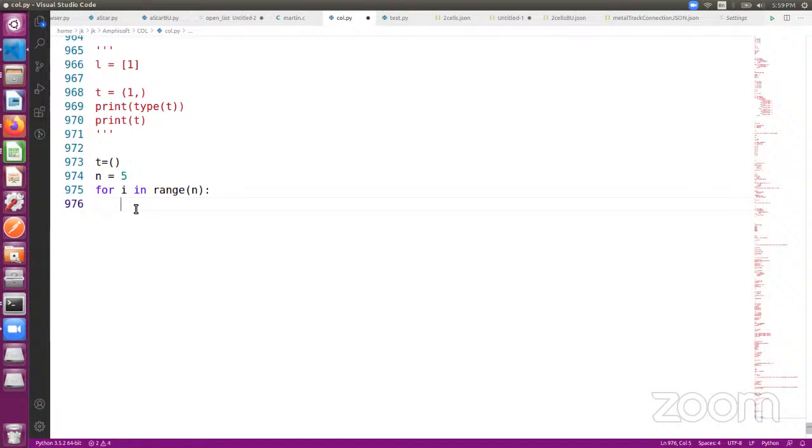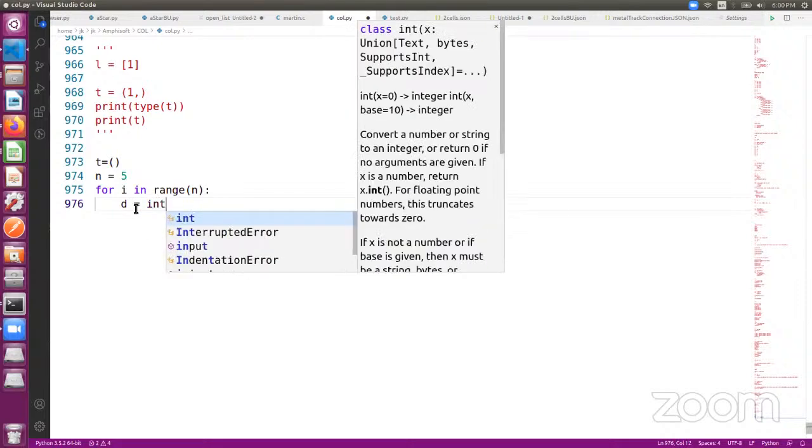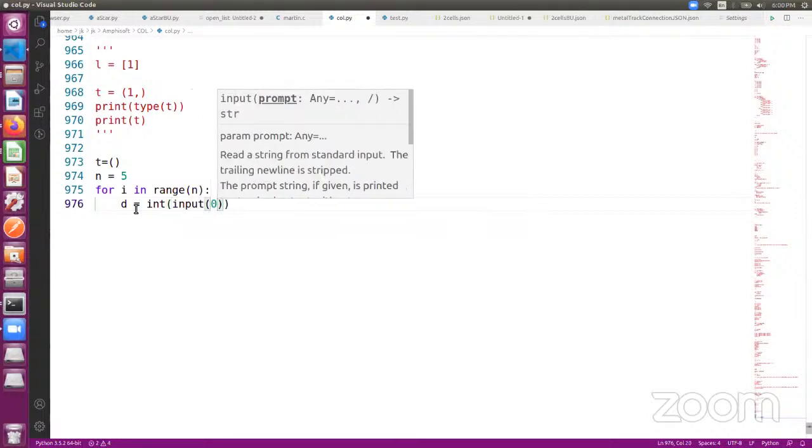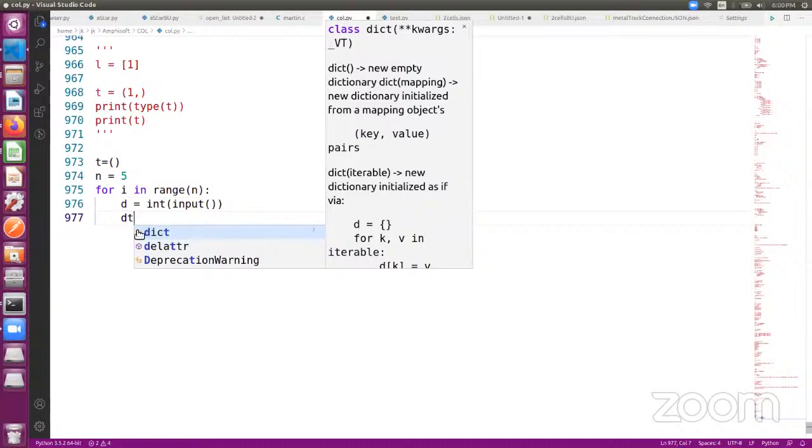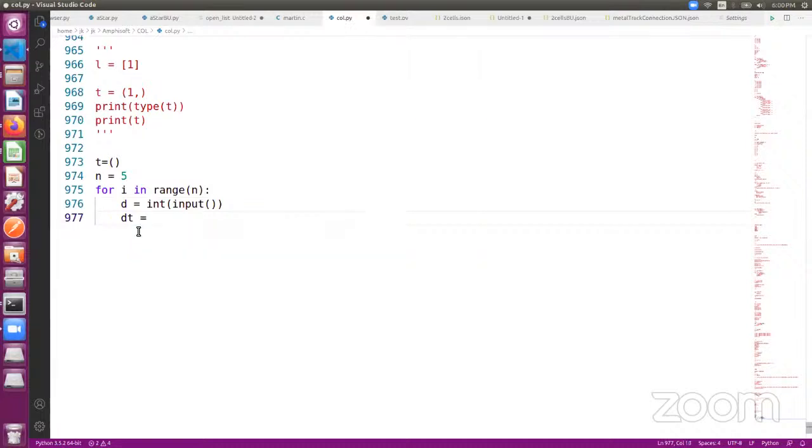Now I'm going to create a dummy tuple, a temporary tuple, which would store a single element tuple made from the element taken from the user. First let me take it as int of input. Taken an integer. dt, a temporary tuple, is equal to